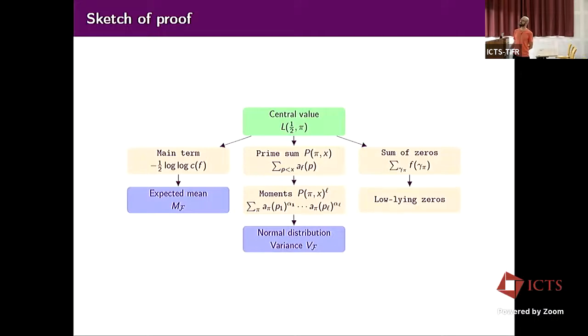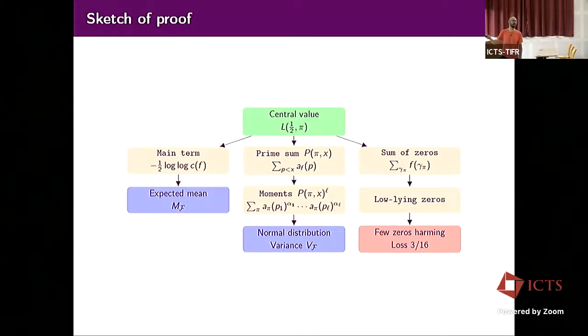And for the sum over zeros, now we use the low-lying zeros results that we know by Iwaniec, Luo, and Sarnak in this case, and that's basically the only place where we use the knowledge on low-lying zeros to deduce knowledge on central values. And then that will be an error term for all but a certain number of forms that, like very small zeros, may exist, and these will make this quantity blow up.